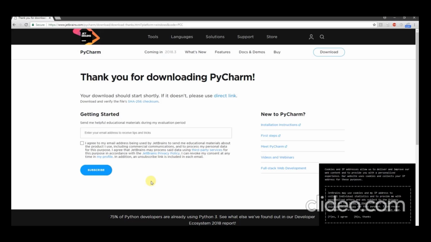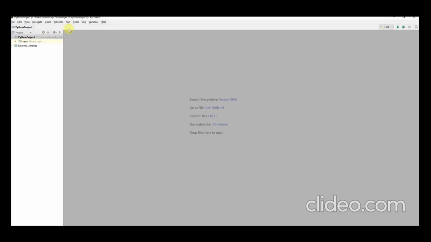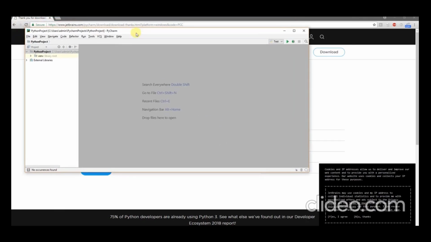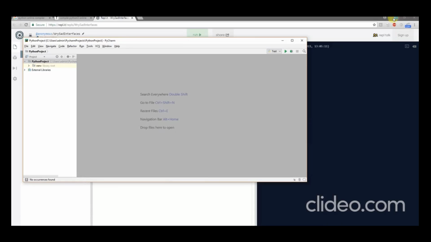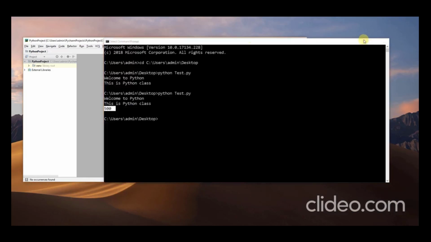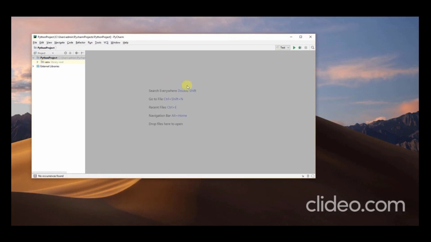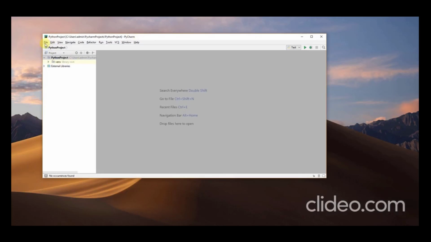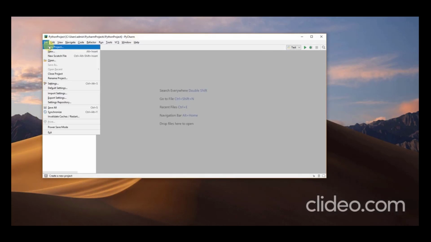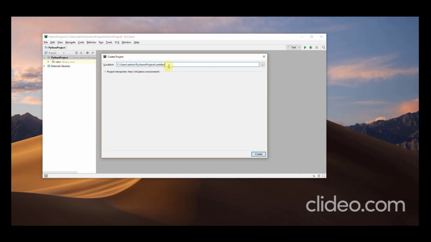So this is your PyCharm software. This is the PyCharm tool, where we can write all our Python code. Here the first thing is we need to create a new file and a new project. Let me create a new project for Python, and all these projects will be stored in your PyCharm projects workspace. First time when you open PyCharm, it will ask you for the workspace, and then you need to give some workspace. This is our default workspace where we can create our programs.